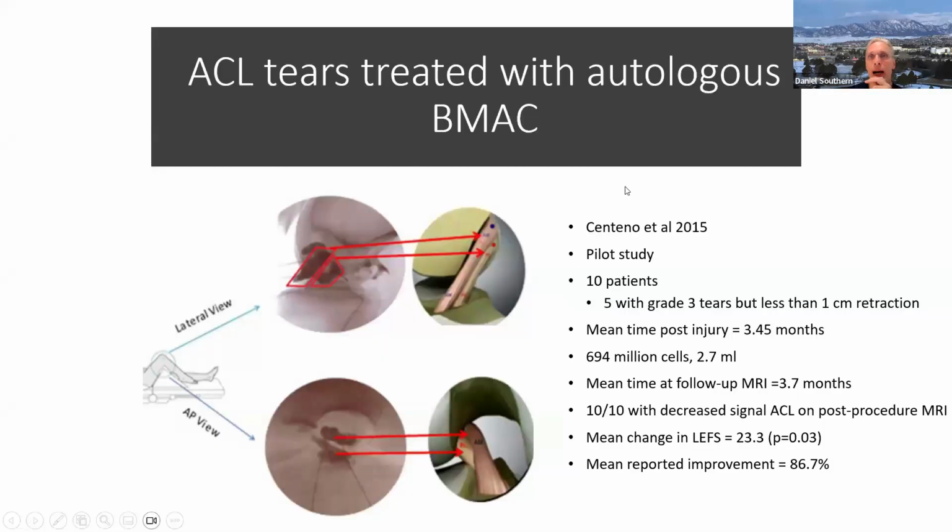And this is a pilot study done by Centeno in 2015. And this is basically how it's done. This is the position that the patient is placed on the table with the knee elevated. These two pictures here are fluoroscopic images of the ACL being injected. If you look closely, you can see the needles coming in here from the front. And the dark stuff is the dye that we're injecting, showing that we're in the